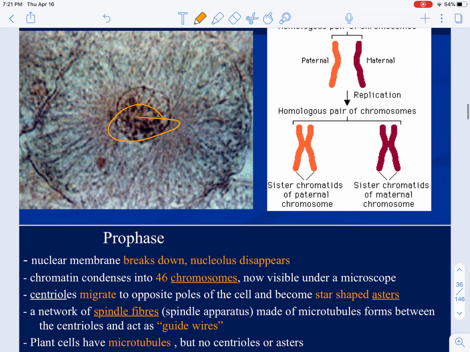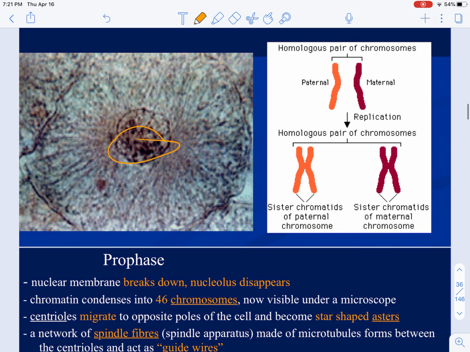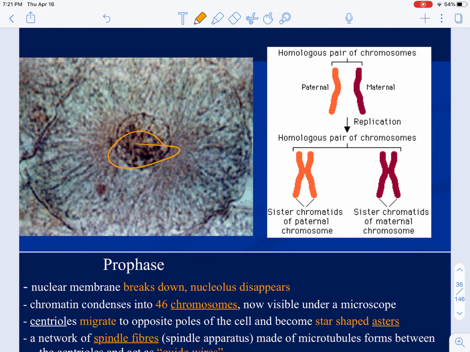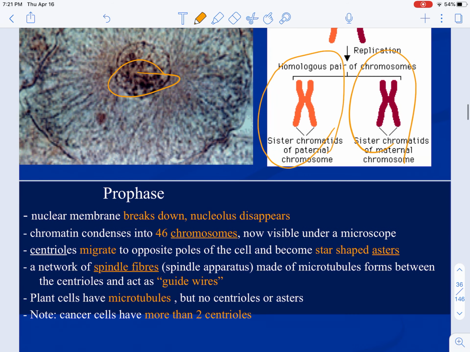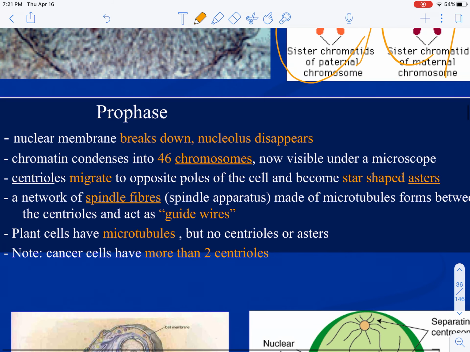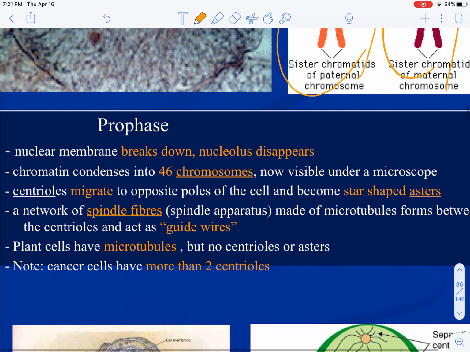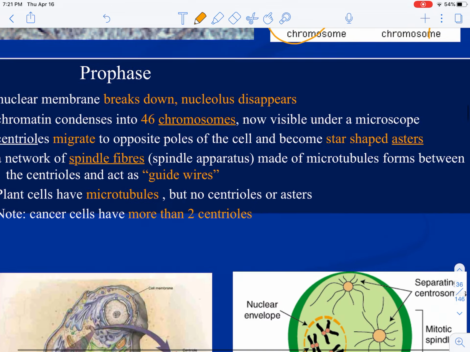Interphase, we see that there's chromatin in there. In interphase, this replication is happening where chromosomes are replicating and making the other side, the identical side. We see our